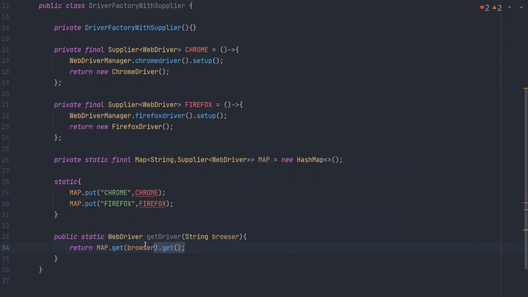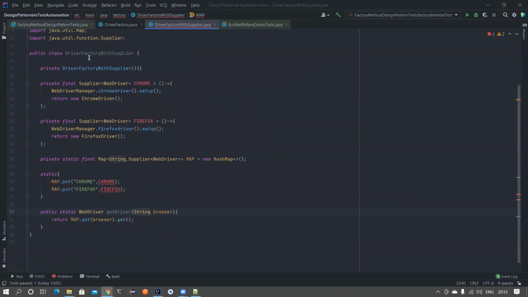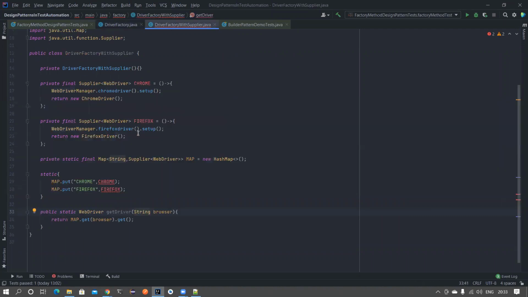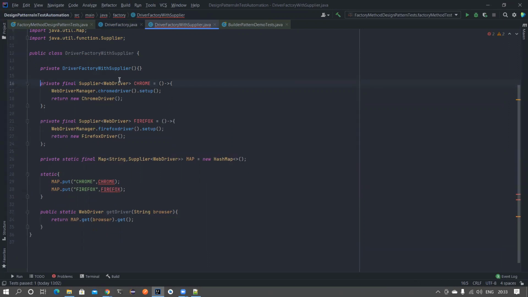So now, instead of writing all the logic inside particular if else conditions, we have now written it in a very clear way. So if you notice, we have inline implementation. So this is a Chrome. This is more like a variable. For someone who can understand this, it's like writing private static string temp equal to some value. It's almost like that. It's an inline implementation, right? So please do watch my Java 8 playlist so that you can understand what I'm writing here.